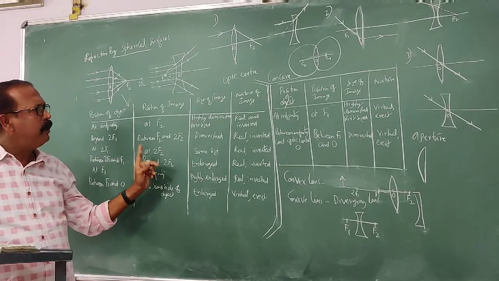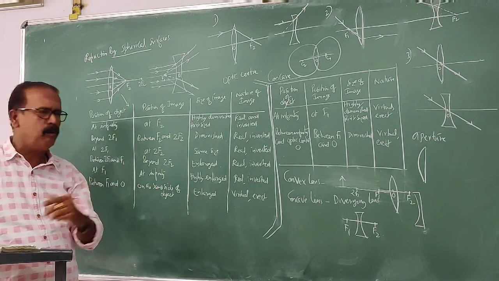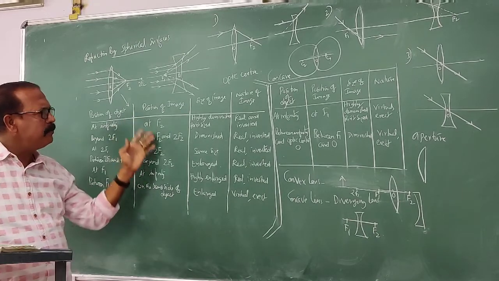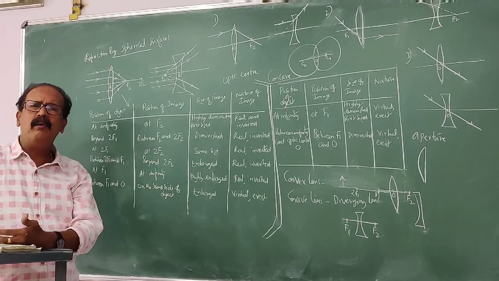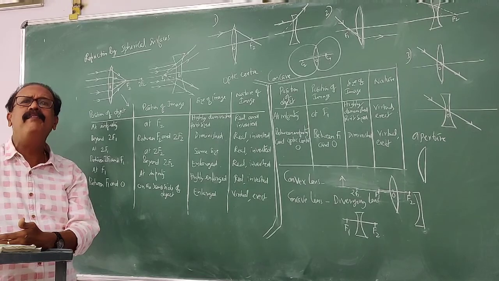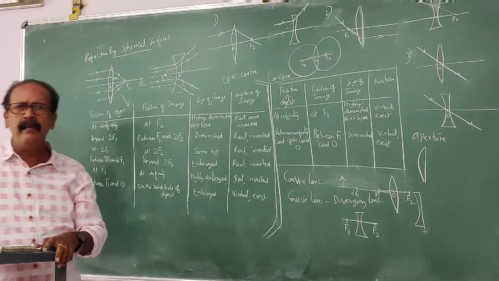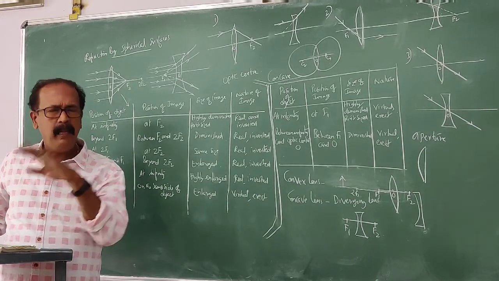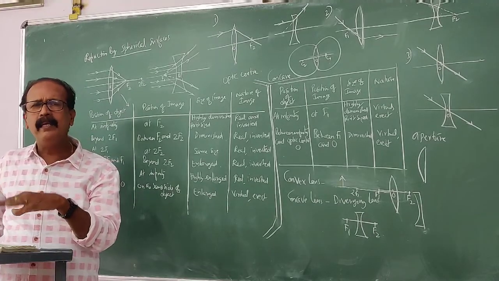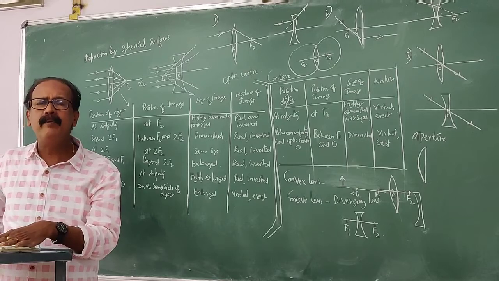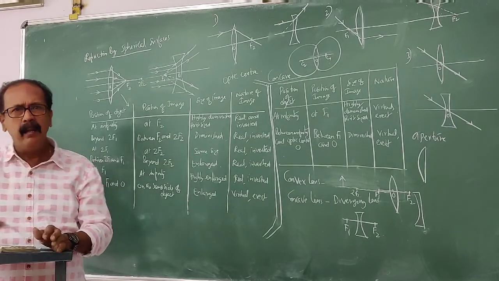That's the only difference. You can go through the chart and study each of the positions, so that while we are drawing the image positions, it will be easy for you. Hope you understood this, and any doubt you can clear. Keep your textbook open, look at the chart given in the textbook and learn each one of them. Okay?